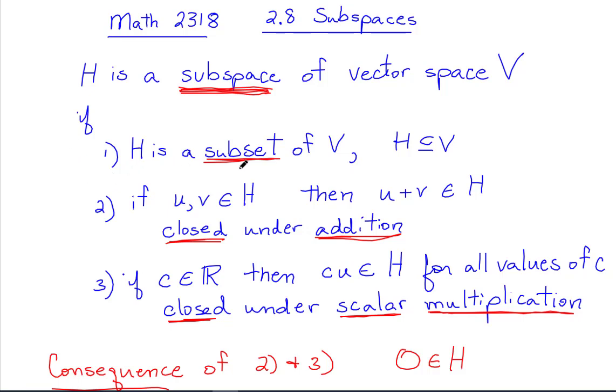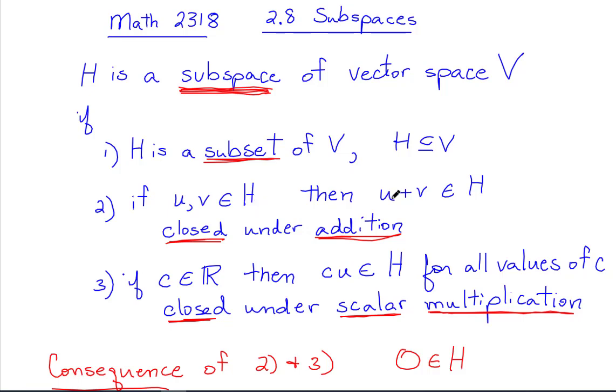One, H is a subset of the space. Symbolically, H is a subset of the space. A space can be a subset of itself. Now, 2 and 3 are the most important properties, and that is if I take two elements in this set